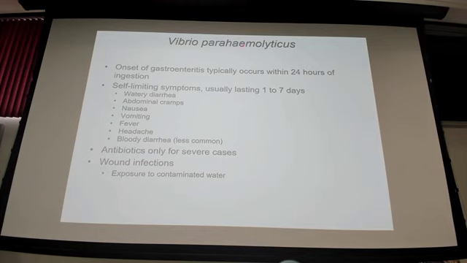The first one, Vibrio parahaemolyticus, is not typically associated with super severe infection, but it is the most common of those Vibrios in the United States. So the majority of those cases are going to be caused by Vibrio parahaemolyticus. It's usually associated with gastroenteritis. That gastroenteritis is oftentimes mild, can be more severe, but it's usually pretty mild, usually self-limiting, up to 7 days. And you can get some wound infections, but they're not nearly as severe as the ones that are caused by Vibrio vulnificus. So usually more like cellulitis and things like that when you are exposed to